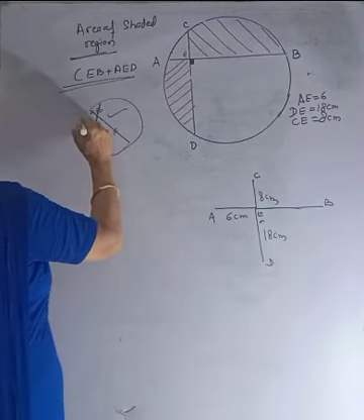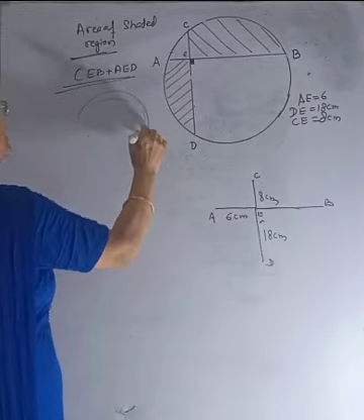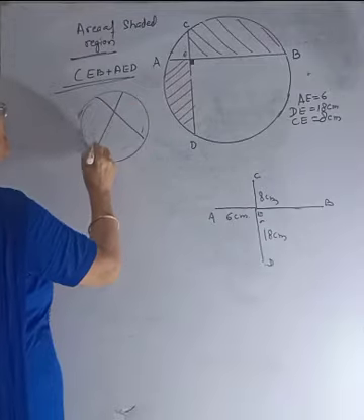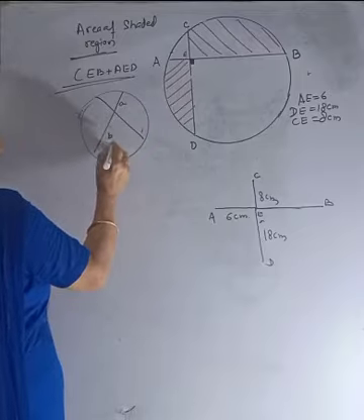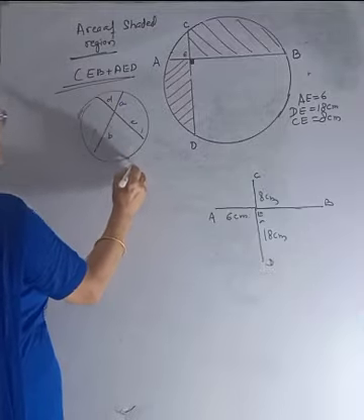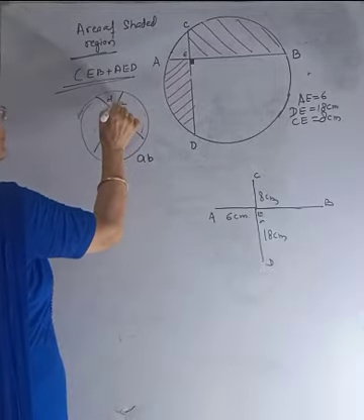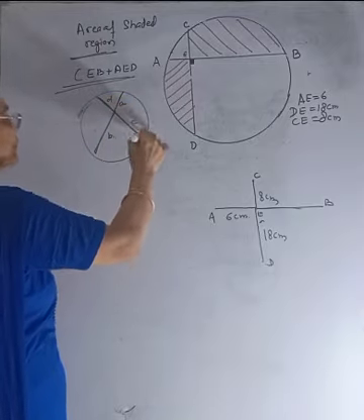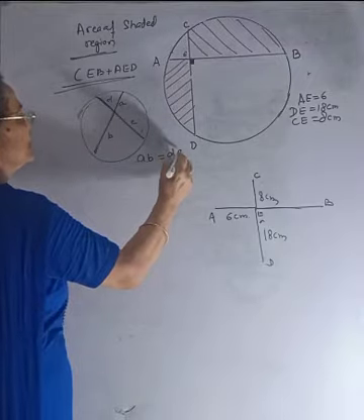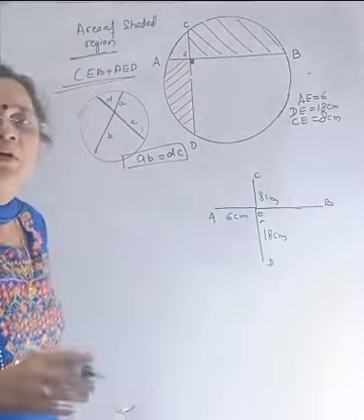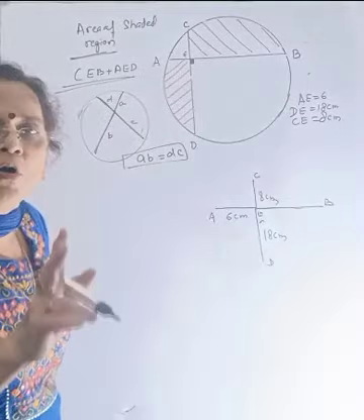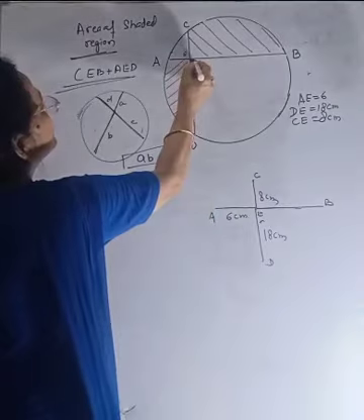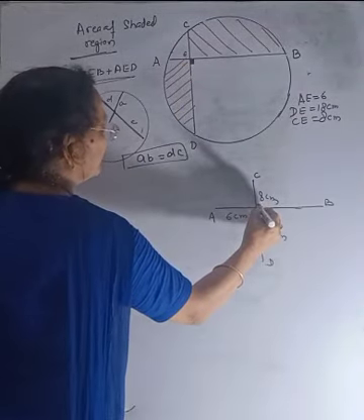It means if this is the portion, further again I am repeating it. This is a circle in which two chords are intersecting each other. This is A portion, this is B, this is C and D. Then the product of AB, this portion into this portion, will be equal to this portion into this portion, equal to D into C. This theory will be applicable for any two chords if they are intersecting at any angle. In our case, it is by chance intersecting at 90 degree.